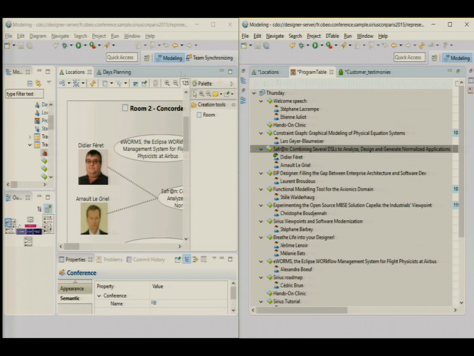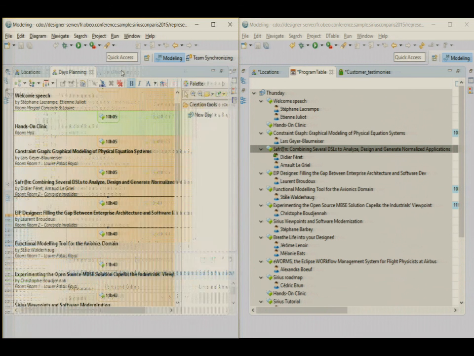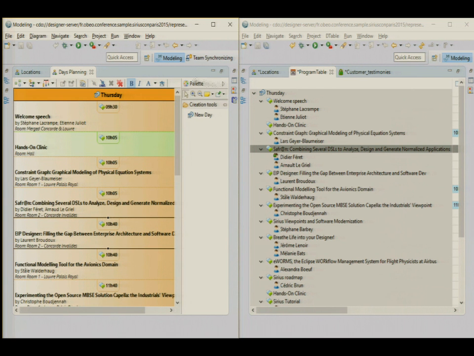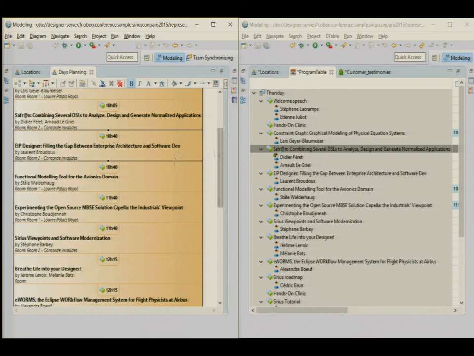I can show you also a new way to display the information. This is a new feature of Sirius Web 1, which combines compartments. You can have containments which are organized vertically, horizontally.